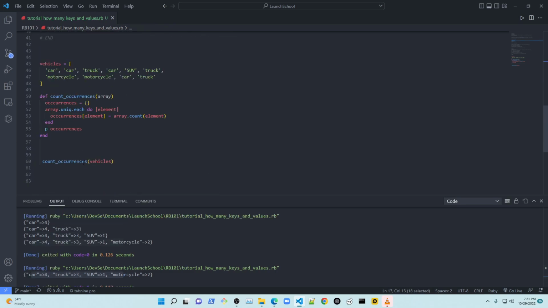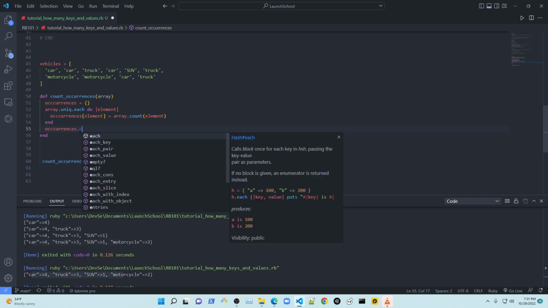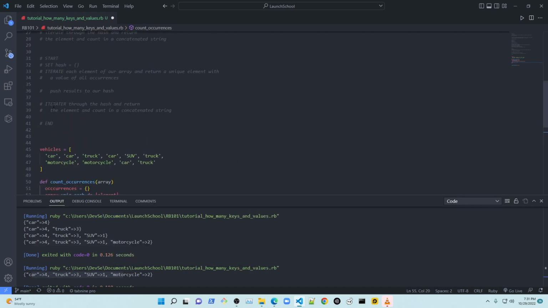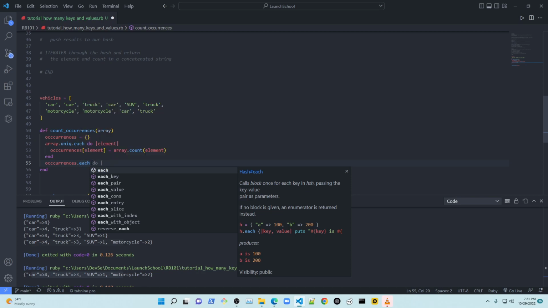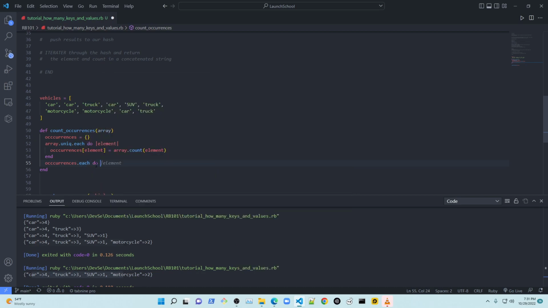So a way we can do that, since we already have occurrences and we already know occurrences contains this, we can iterate over this like we said right here. We're going to iterate through the hash and return the elements and count in a concatenated string. So we're going to say each, and we're going to do this right here, key and value. So we're going to say each do, we can say element and count,